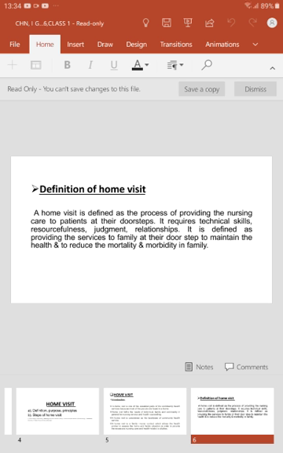And once we identify the early diagnosis of diseases with the help of our devices and history collection, they can reduce the mortality and morbidity rate, that is the disease rate and the death rate. And we will be giving the health guidance, our counseling, as well as the health teachings.